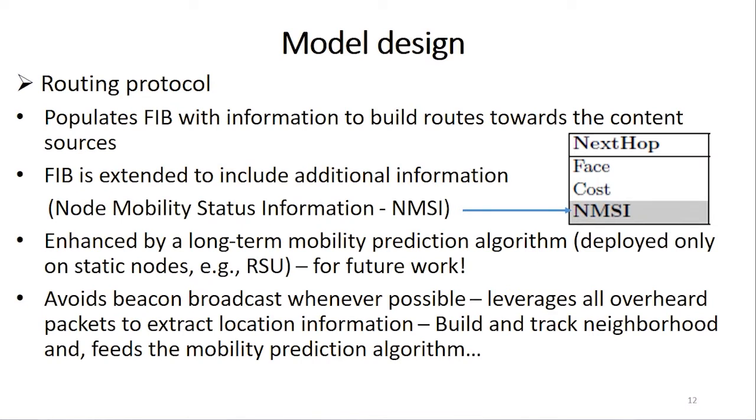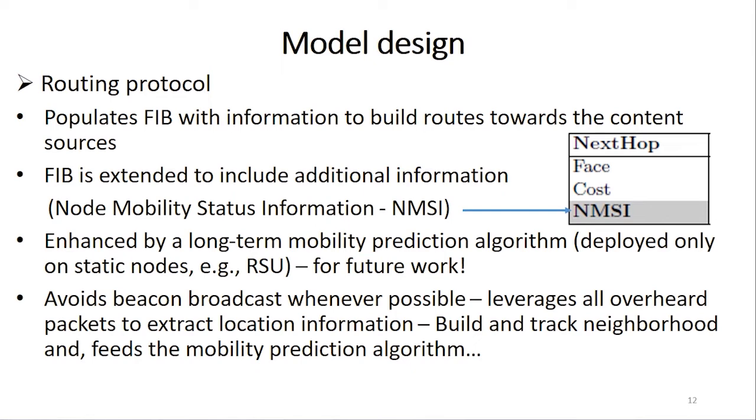Routing protocol populates FIB with information to build routes toward the content sources. In this proposal, FIB is extended to include additional information about the node mobility, as you can see in this figure that shows the node mobility stats information that is included into the next class, alongside the face and the cost